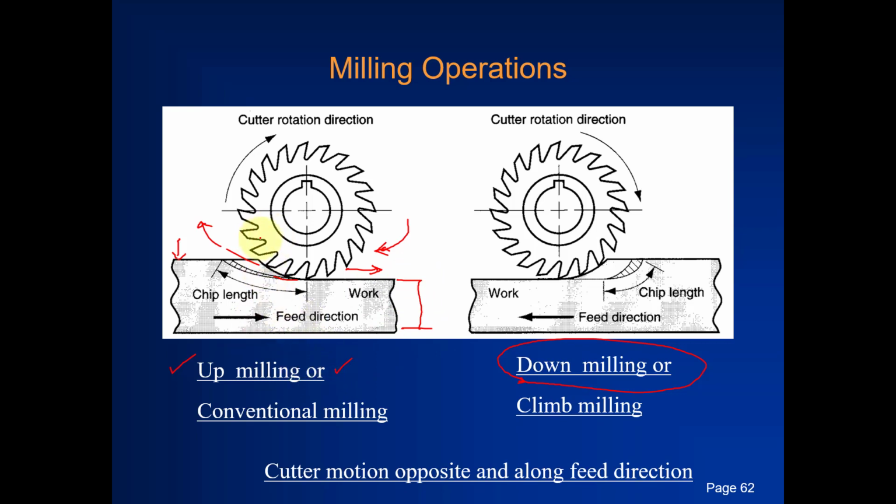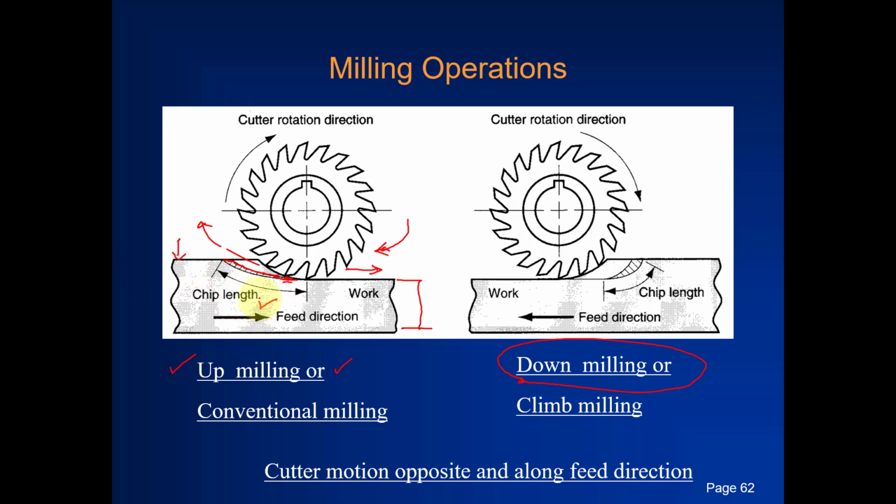So this is the first disadvantage. Second is that when this cutting tool is in contact with the workpiece, the initial thickness of the chip will be smaller and it will increase toward the end. So in this type of peripheral milling, which is up milling, the initial thickness of the chip is small, but it will tend to increase. So the length of the chip will be large.